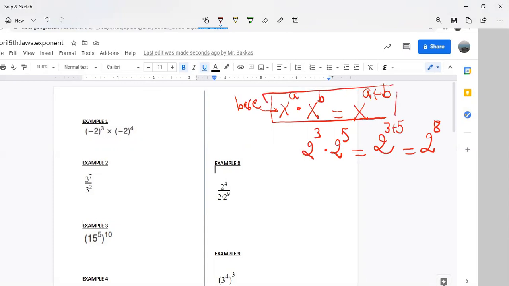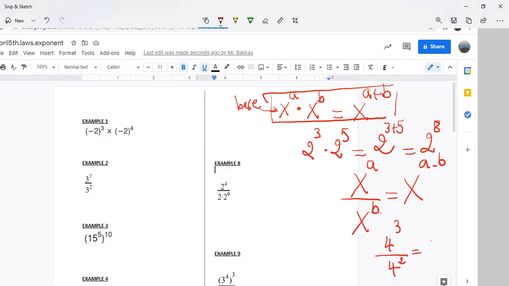Let's do the quotient rule. The quotient rule is if you have an exponent divided by another exponent, they have to have the same base again, x. The exponent is a, and the exponent in the denominator is b. The law says this is the same as x to the a, the top exponent, minus b, the bottom exponent, okay? So an example of that, if you have 4 to the third power over 4 to the second power,